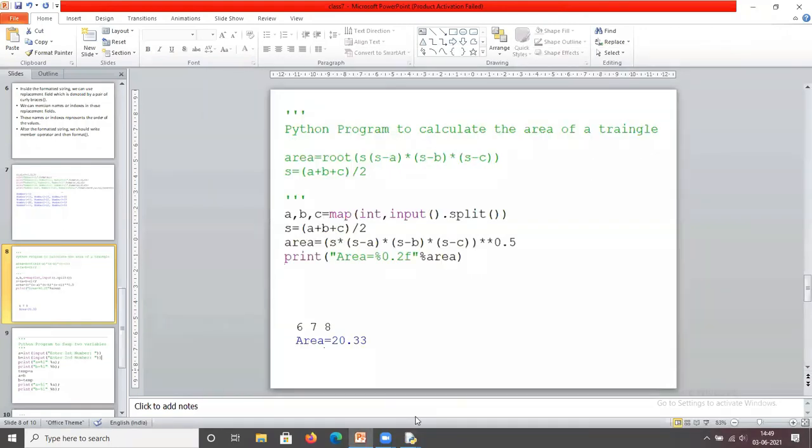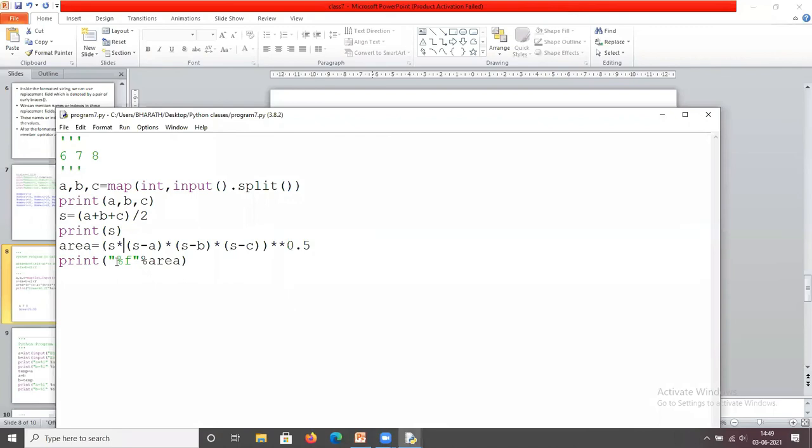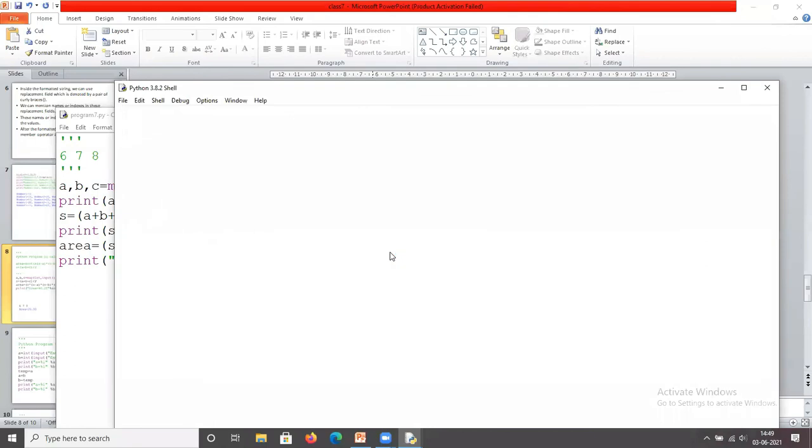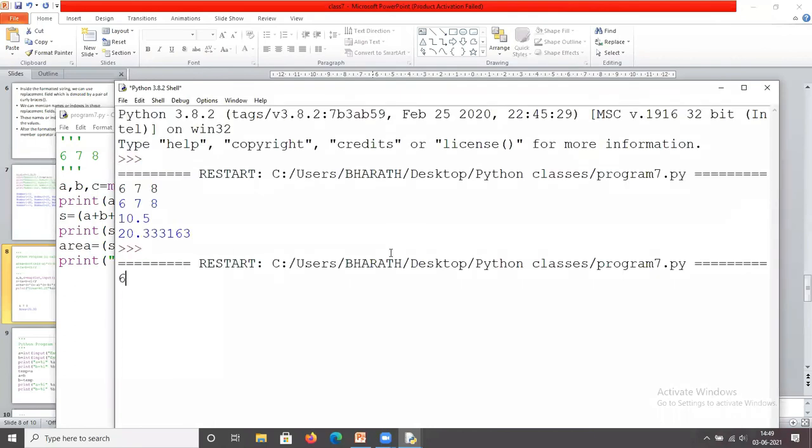So I represent it like this: area equals to 0.2. 6, 7, 8. So this is the output.